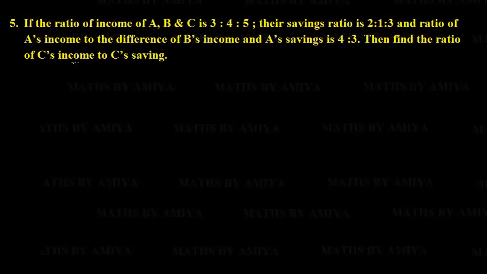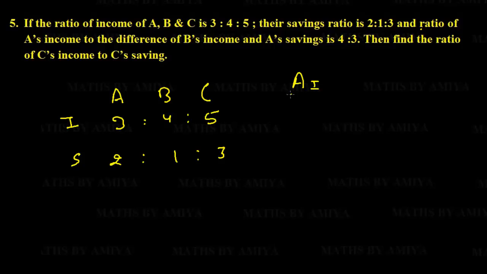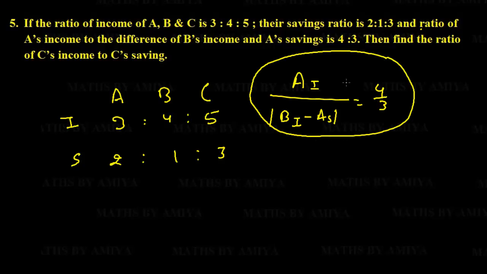I hope you have solved the question. Here again we have A, B, C incomes in the ratio 3:4:5 and their savings in the ratio 2:1:3, and the third is the ratio of A's income upon the difference of B's income and A's savings, which is 4 upon 3. In the ratio terms of the reference we have a relation, so it's not an easy question, but